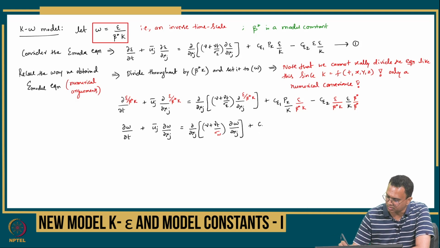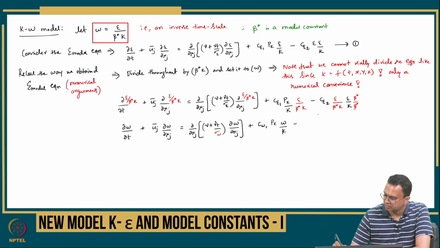We will have C omega 1, it's an omega equation, Pk by k omega, or omega by k basically, right? We can write this as omega by k now, instead of epsilon by k we had omega by k here,